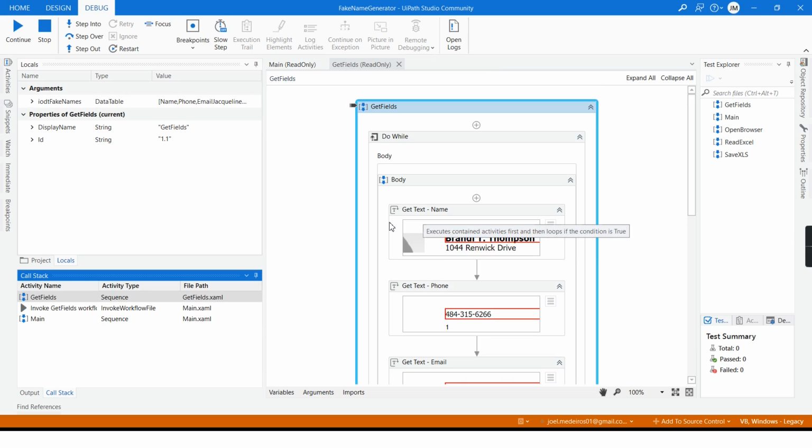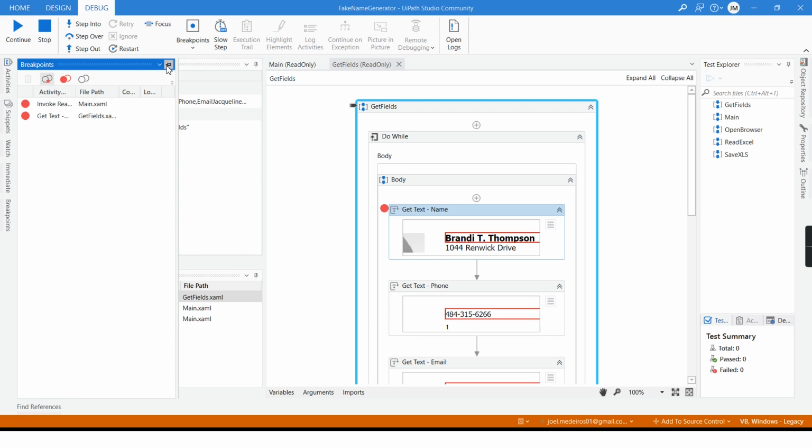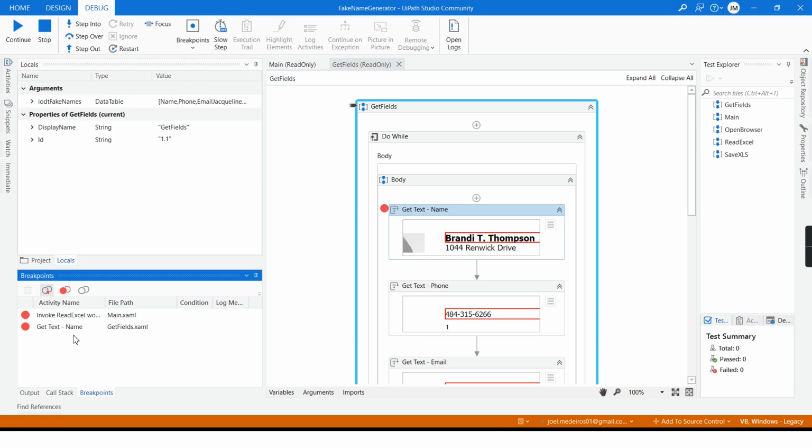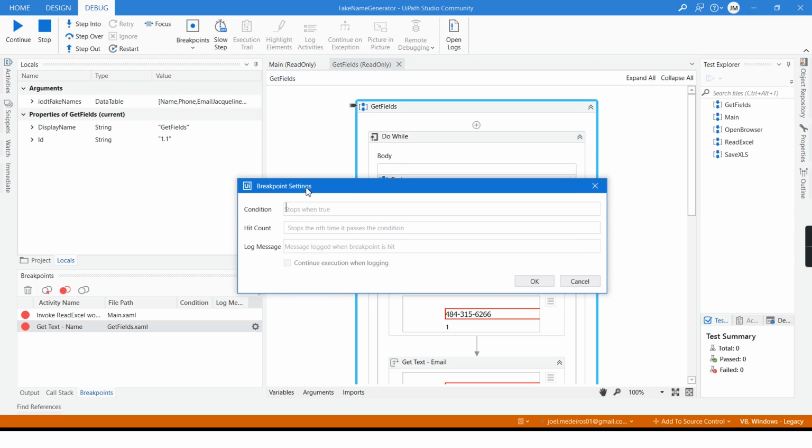And now I have to create a conditional breakpoint. I will toggle a breakpoint here, and then I have to open my breakpoints panel, and I want to change this one. And here I can set up a condition.